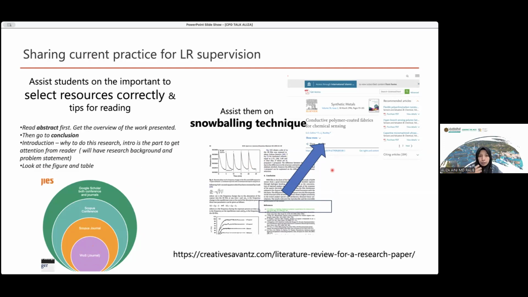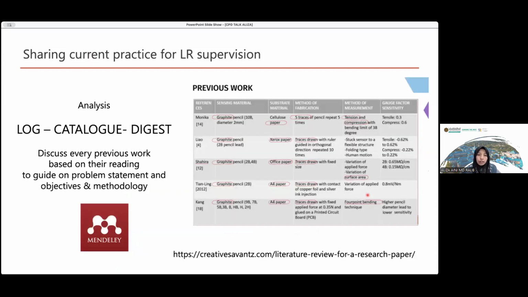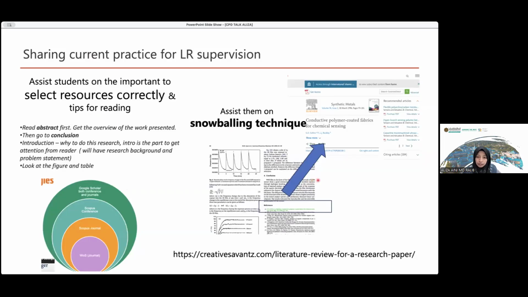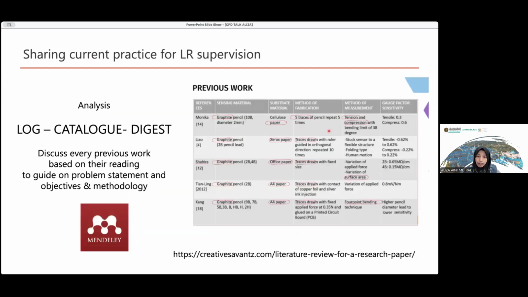literature review. Because this is not a postgraduate journey, they don't need to read everything, right? FIP will have limited time with all the courses, so we have to guide them on the correct resource selection. They just need to read the very good papers, then they can come up with a very good literature review. For example, from the review paper they extract five papers. From my perspective, it need not be so many papers. Five, but very quality papers, is enough for FIP to start their literature review and summarize in the form of a table.